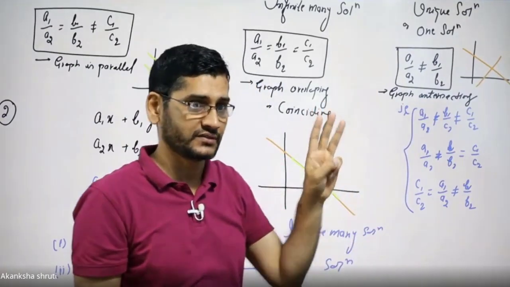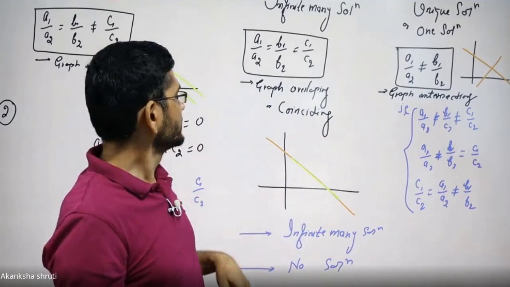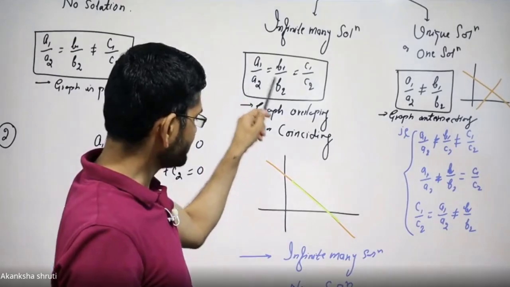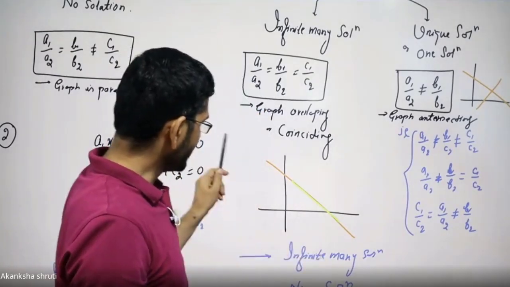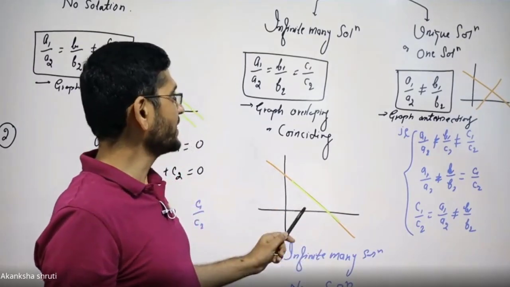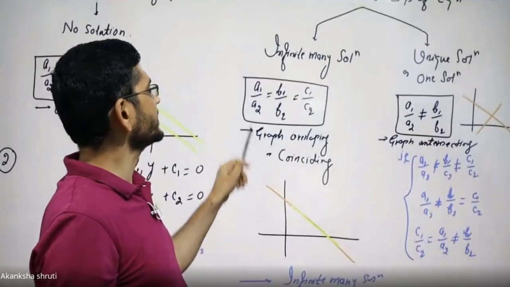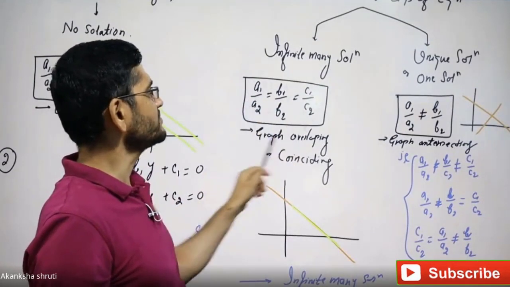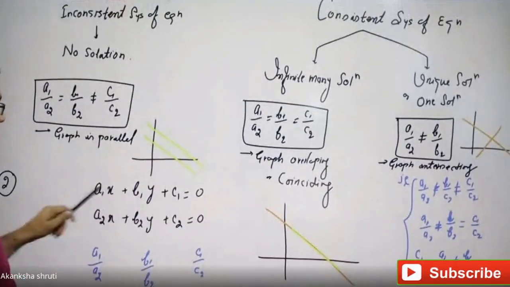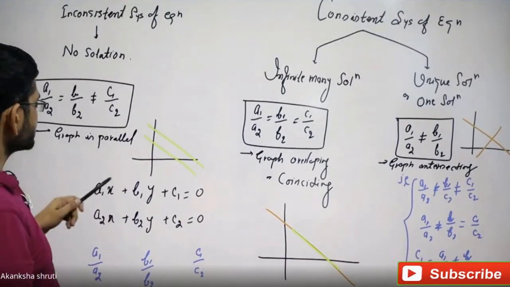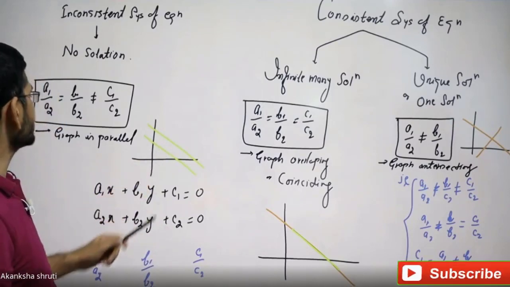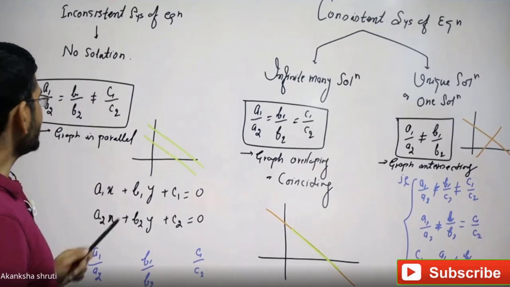Questions may be asked concept-wise in any form. The next one, if the graph that we have drawn comes as a single line, means one line overlapping the other, it is called dependent. In this case, the two equations are not different, rather they are the same. That's why all these three ratios are the same. But in the third situation, where the graphs have the same inclination, means they are parallel, they are not intersecting, therefore they do not have any kind of solution.